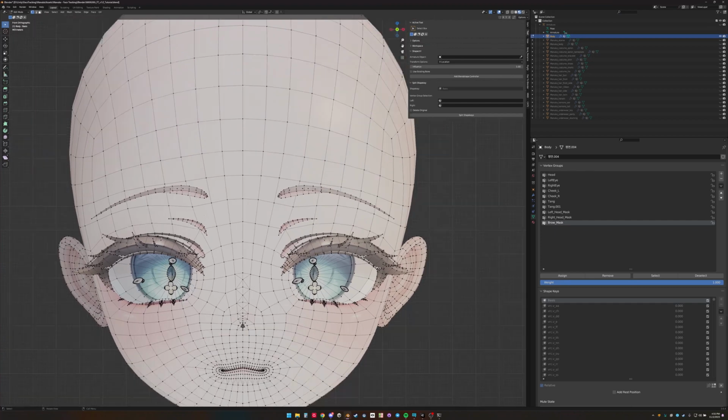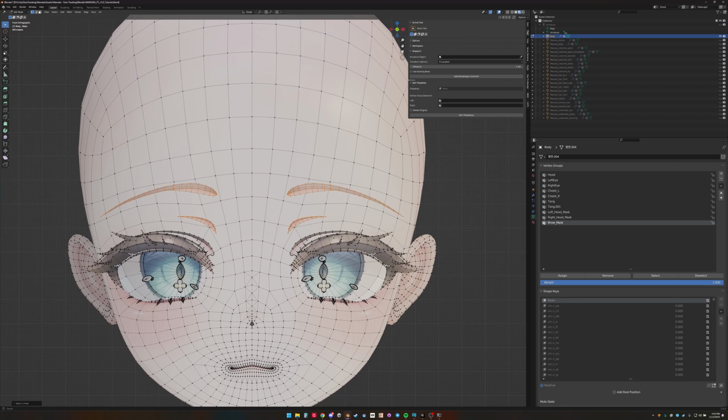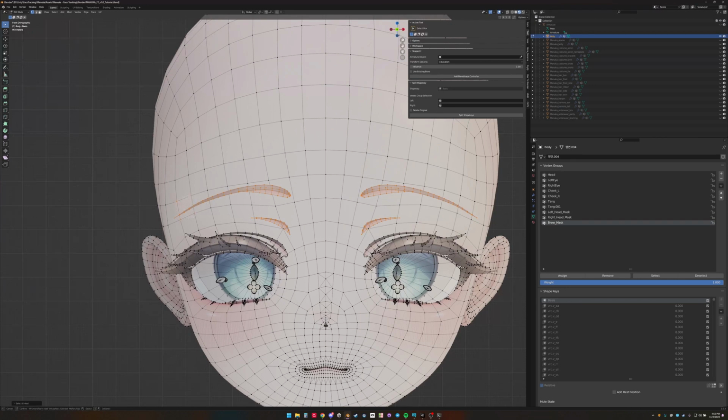So what I'm going to do is select, using L to select linked mesh, and now I have the eyebrows selected, and I want this also to be in the area of the brow mask. Now I'm going to use circle select,